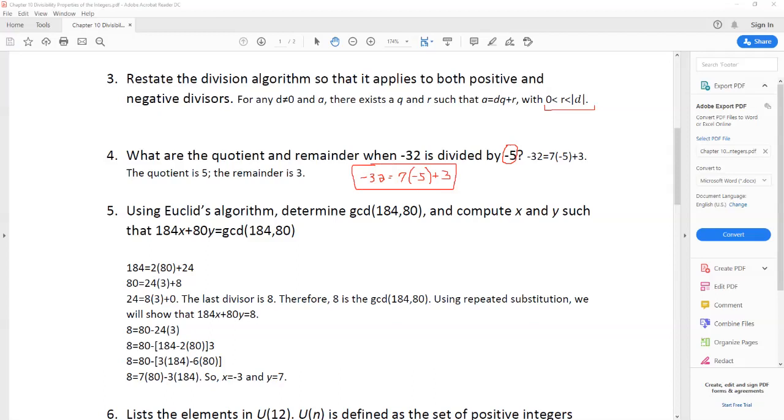Number 5, using Euclid's algorithm, determine the GCD of 184 and 80, and then compute x and y such that 184x plus 80y is the GCD of 184 and 80. Euclid's algorithm asks us to rewrite